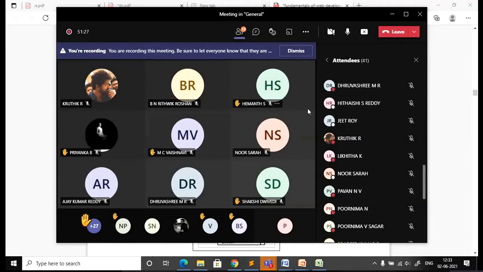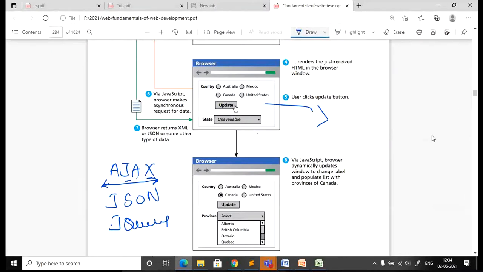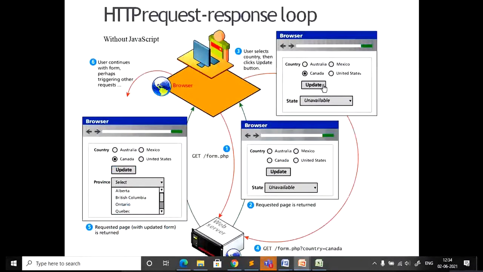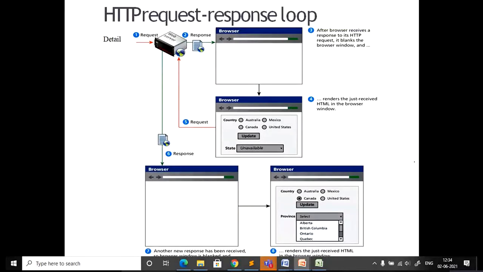One year back when I handled this, I planned a workshop and it was executed very well. The students learned some new concepts related to web technology, which were not part of the syllabus. Even when something is part of the syllabus, we give more importance to the theory part and do not explore much on the practical side. In such cases, it is better to go for some workshops.